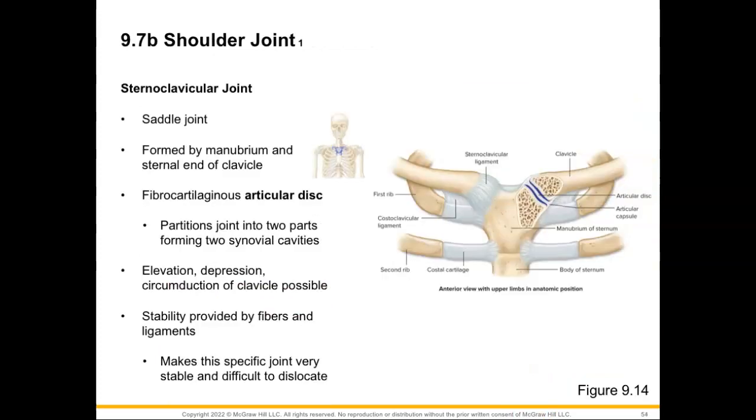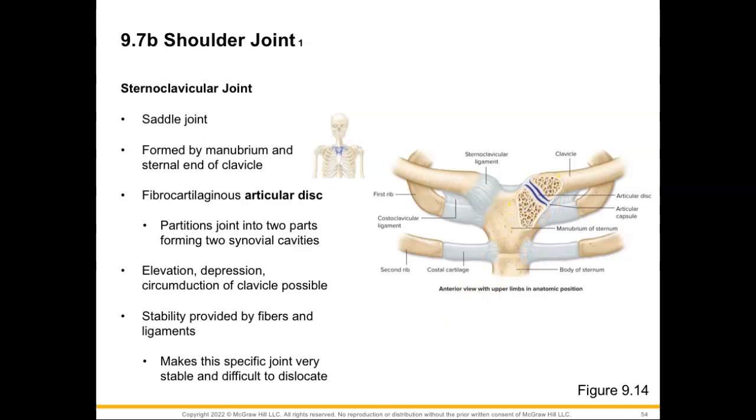Now let's move into our shoulder joint. We have our sternoclavicular joint, which is going to be a saddle joint. So you can kind of see that saddle shape a little bit better here where the bone and the ligament has been taken out, where we are seeing the manubrium and the sternal end of the clavicle come into contact